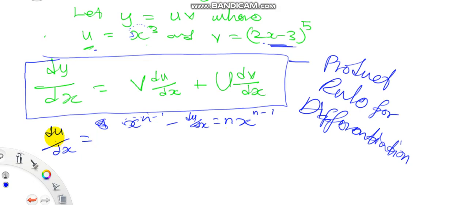In this case, for du/dx, we have 3 as the power. So we multiply everything by 3 and then we subtract 1, okay? So therefore du/dx is going to be 3x, 3 minus 1 is going to be 2, so 3x squared, okay? And